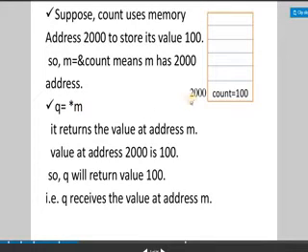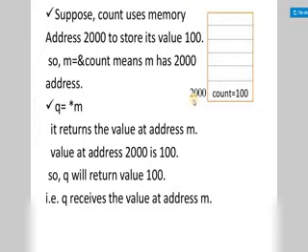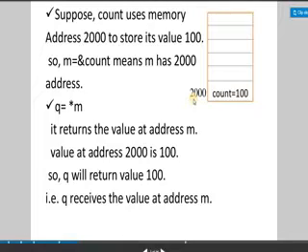The value of m is 2000, and asterisk m or pointer m is saying the value stored at that location. So the value of m is 2000 and *m indicates 100 because in the 2000 location we have the value 100. So the value of q will be 100.